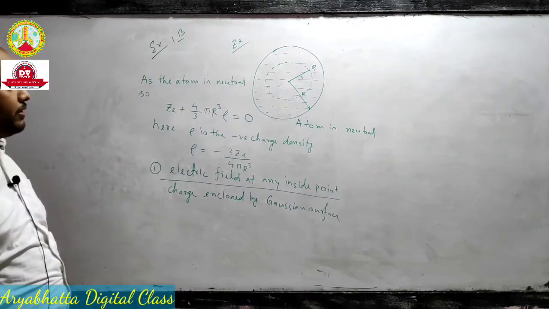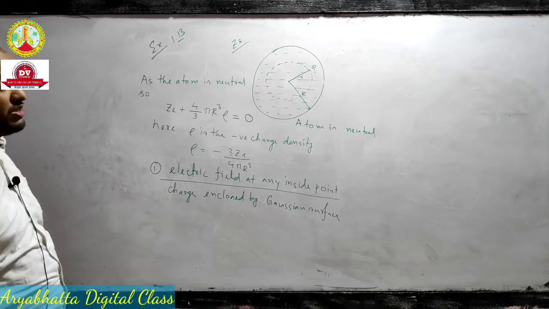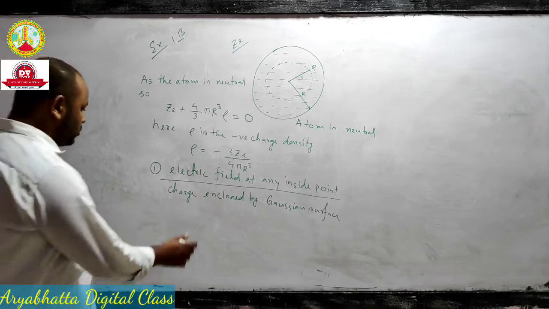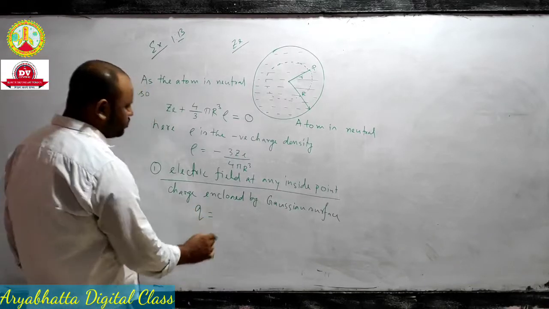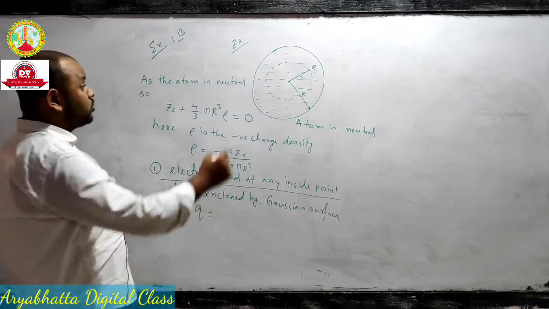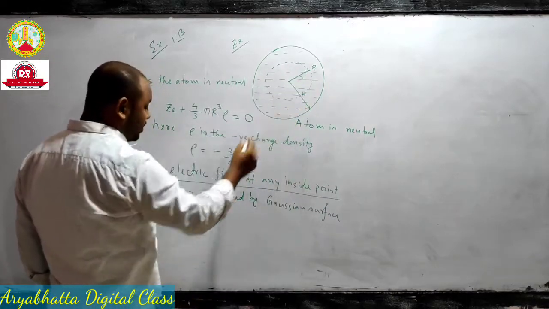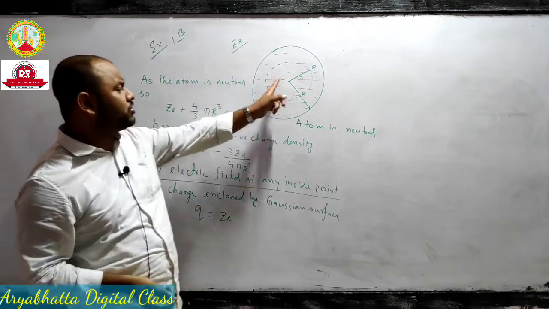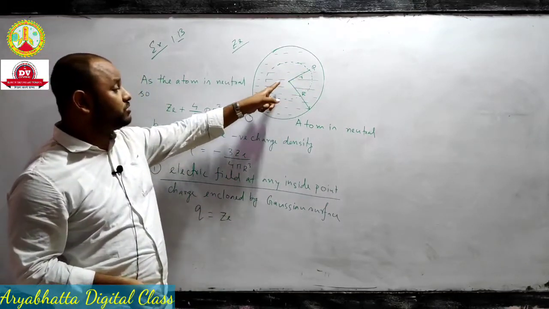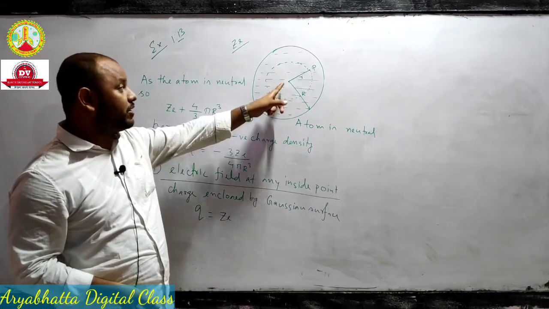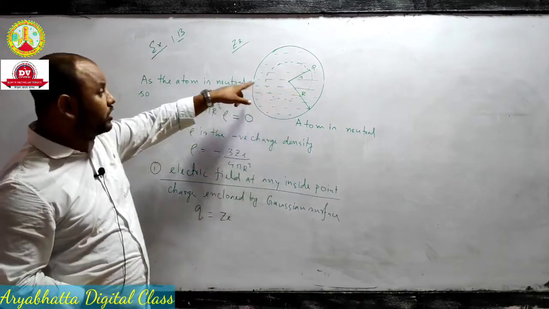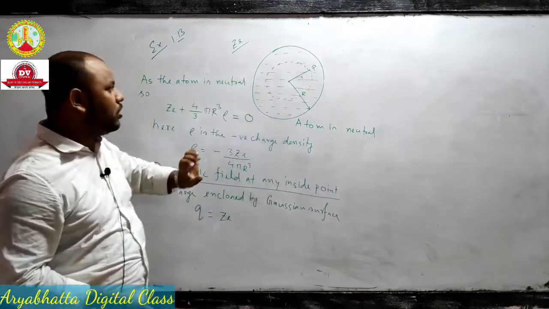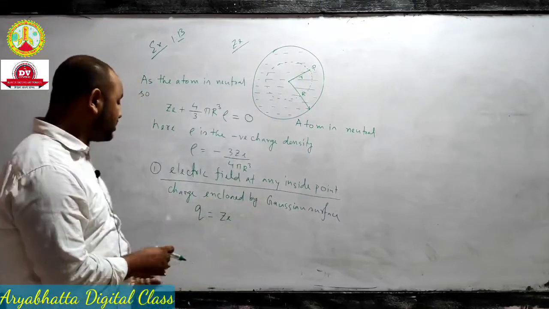Charge enclosed by Gaussian surface. गॉसियन सरफेस ने कितना चार्ज एनक्लोज किया? तो दैट विल बी सपोज Q. ओके, सो दिस गॉसियन सरफेस विल एनक्लोज द होल पॉजिटिव चार्ज. ये जो गॉसियन सरफेस है ये पूरा पॉजिटिव को एनक्लोज किया, क्योंकि पॉजिटिव चार्ज का किस में है? सेंटर में है. तो टोटल पॉजिटिव चार्ज को इसने एनक्लोज किया, और निगेटिव चार्ज को भी इसने कितना निगेटिव चार्ज